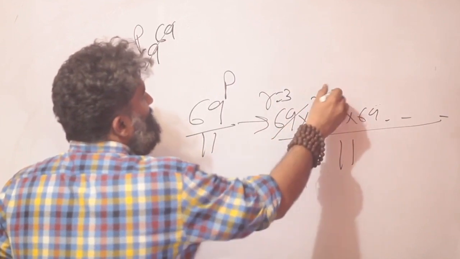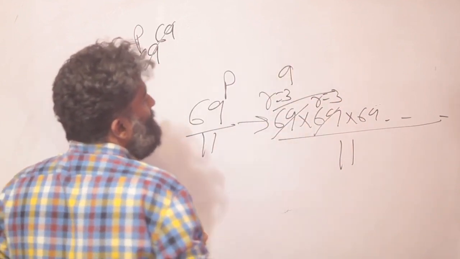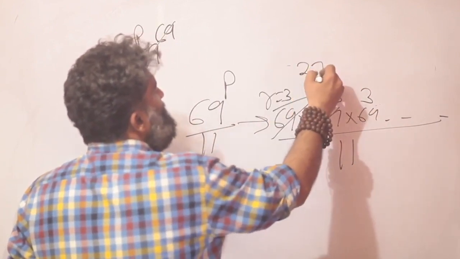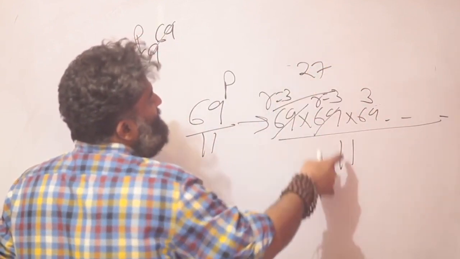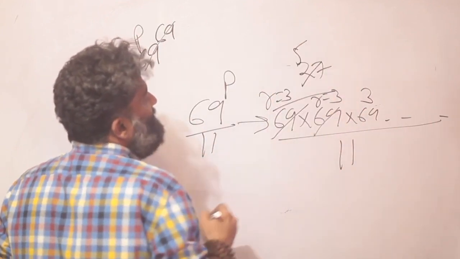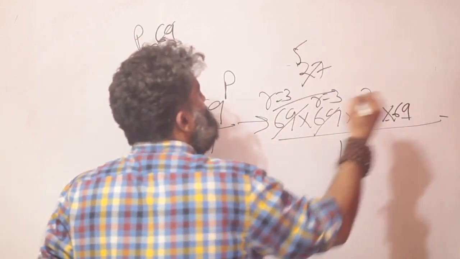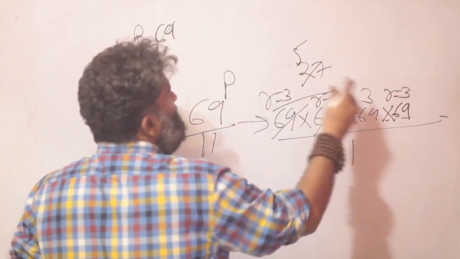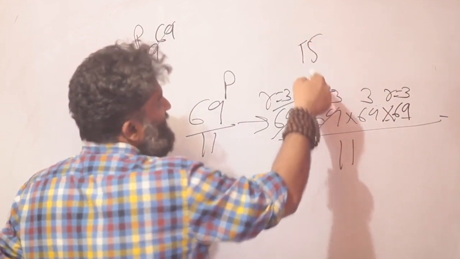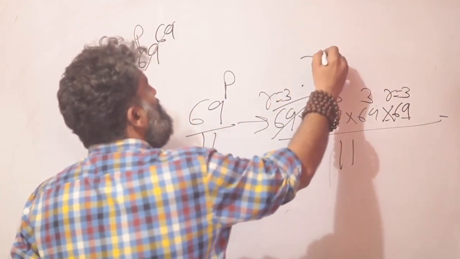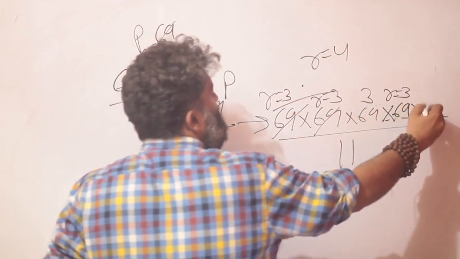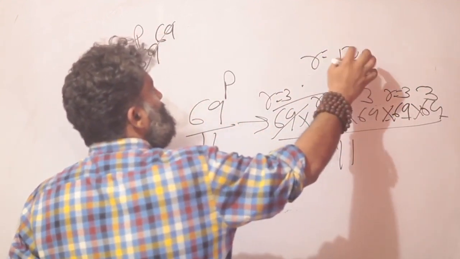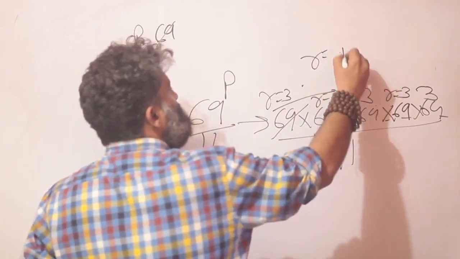If I go for 2 of them, I'll get a remainder of 9. If I go for the third one, 9 3s are a remainder of 27. 27 divided by 11 again, you get a remainder of 5. Go for one more 69. The 69 will also give you a remainder of 3. 5 3s are 15, and 15 divided by 11 again, your remainder so far is 4. And now you have a hint of the idea coming. 4 3s are 12. 12 divided by 11, my remainder is 1.